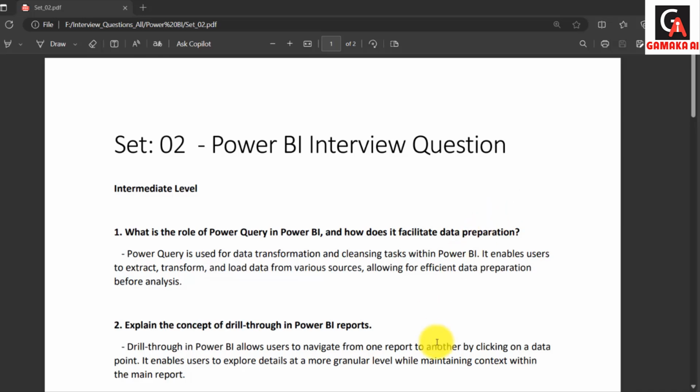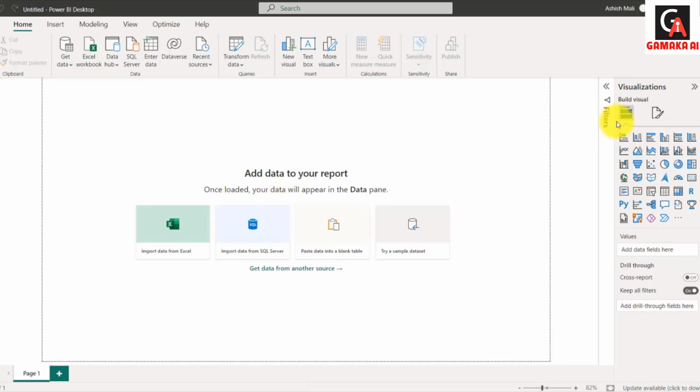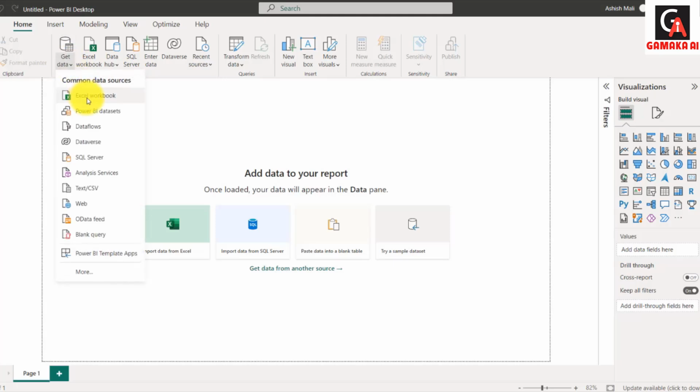If I quickly go over to the Power BI interface, here you can get the option of data in the Get Data menu. You can basically connect to any data containers using those connectors.